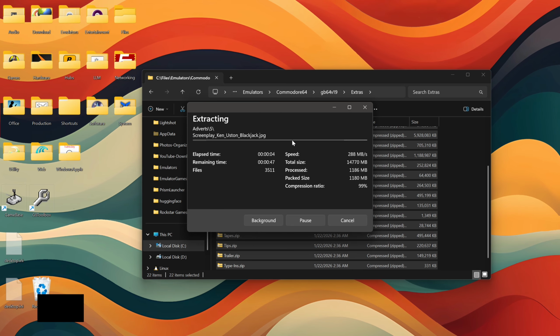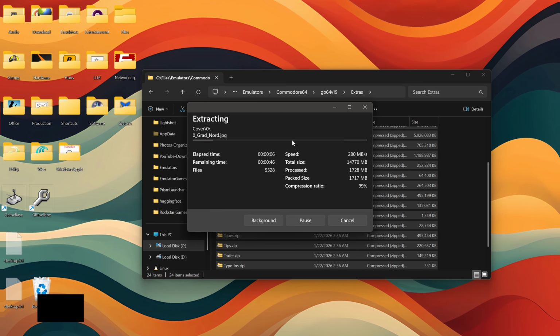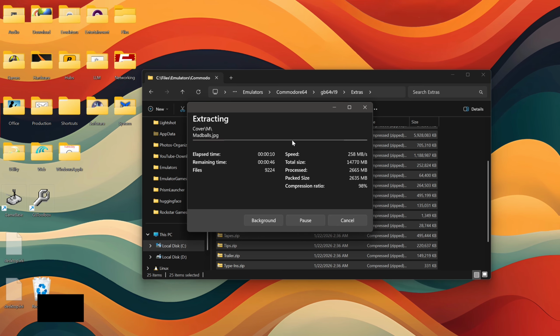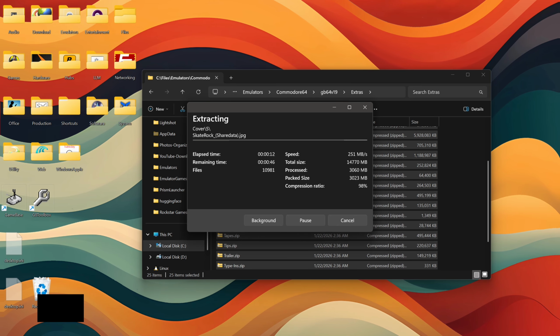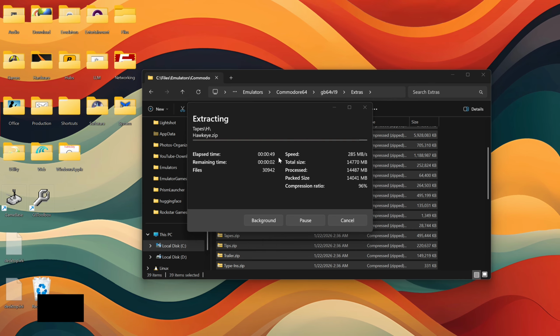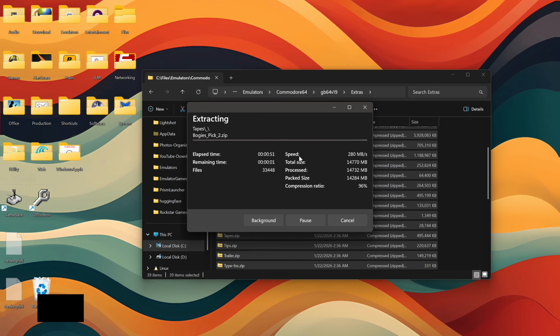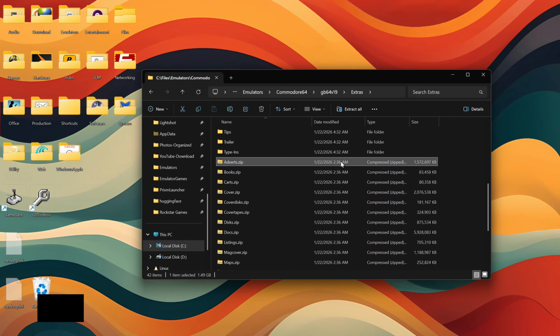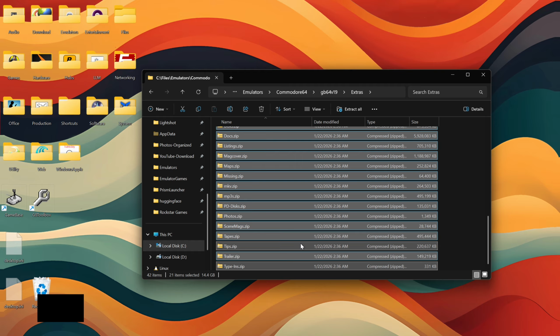Shouldn't take too long. Depending on the speed of your system, speed of your CPU, your storage, and whatnot, might take longer, might take shorter. So I think I'm going to cut ahead. All right, it's just about done here. Cool. So just refresh, and we can again get rid of all of these folders because essentially we're doubling it,